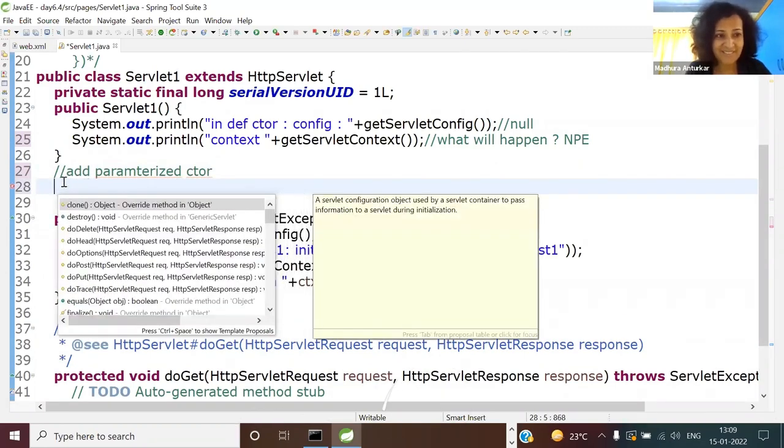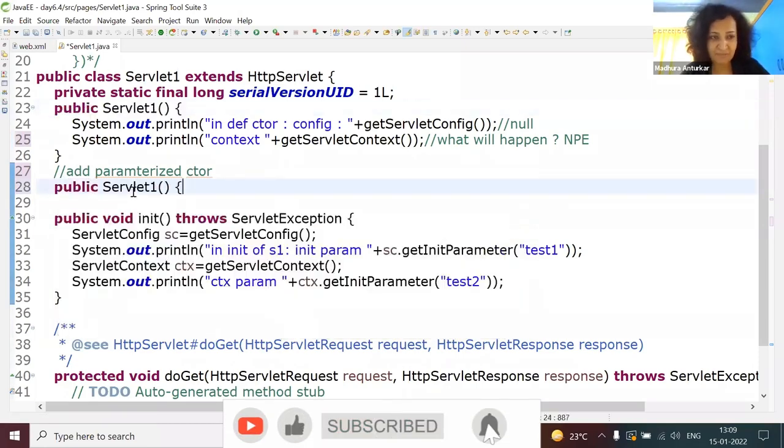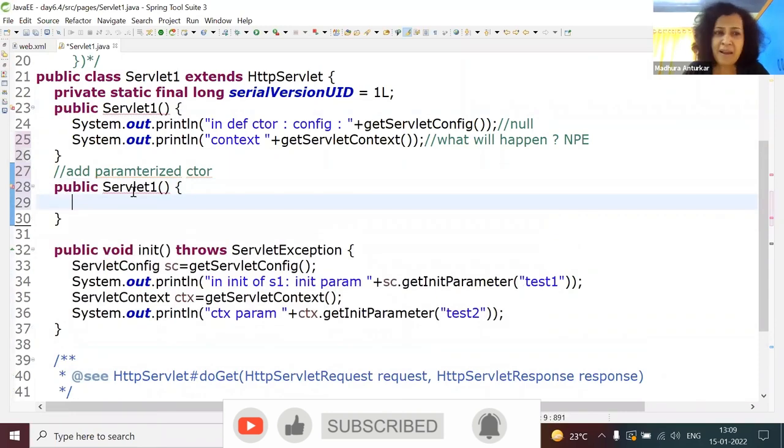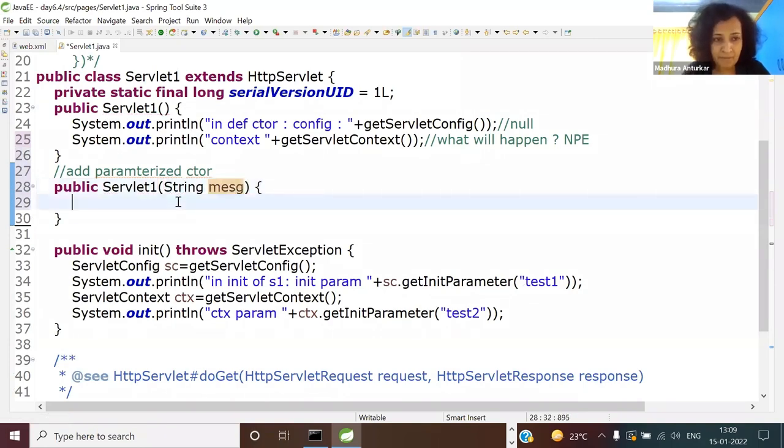I'm not getting the, what do you say? Auto completion. So I'll just add, and I'm just adding some constructor, string message, anything. And you tell me in